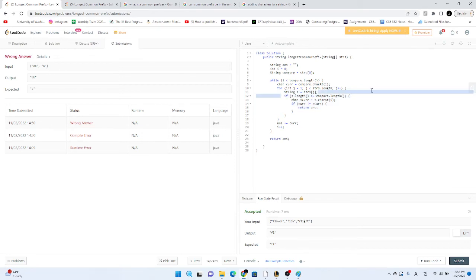The S dot length is greater than or equal to compare dot length. No, it exits. It just adds AB. No, this is wrong. But if this isn't here,